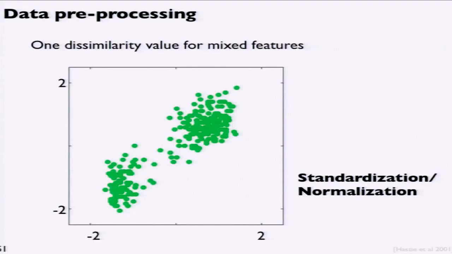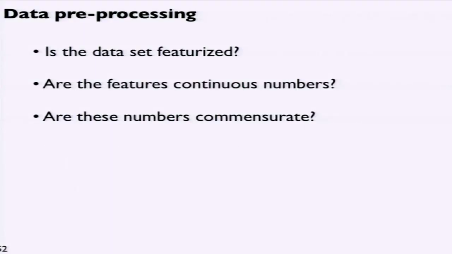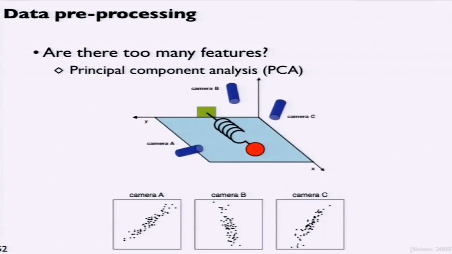Okay, so we've standardized, we've normalized, et cetera. Another issue is, are there too many features? Maybe we have this 50,000 word feature set from this bag of words model that Ariel was describing earlier. A lot of times we really just need to pare those down. So one option, a really nice option, is called principal component analysis. I'm not going to get into this too much except to say that the basic idea is we think that our data really only exists in a very small number of dimensions,